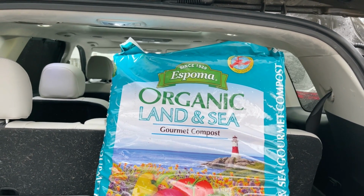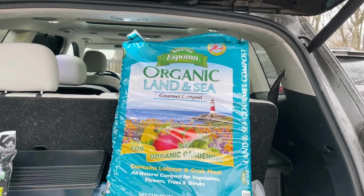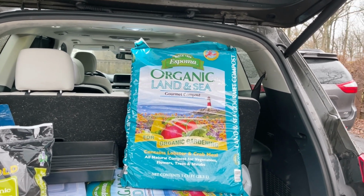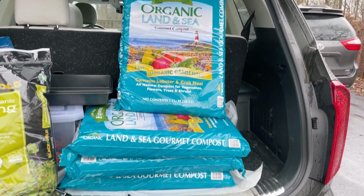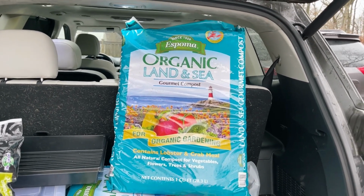And the first thing is the thing I'm most excited about. So let's take a look at that right now. You guys, I have found it. The Espoma Organic Land and Sea Garden Compost. This is what Laura from Garden Answer uses, and she seems to absolutely love it. It's got lobster and crab meal in it. So I got 4 bags of that because I'm going to use it in my tiny cut flower bed that